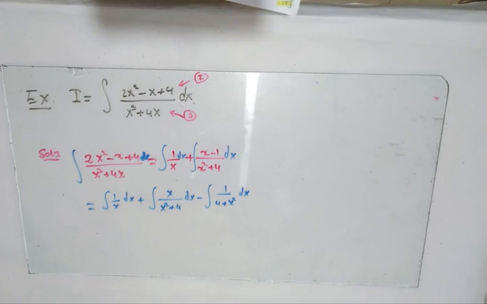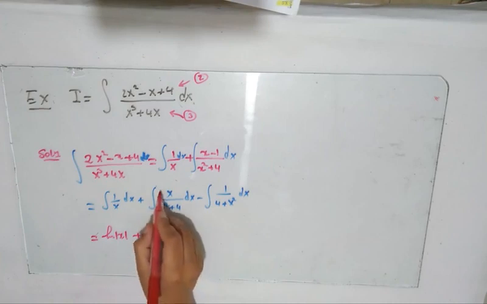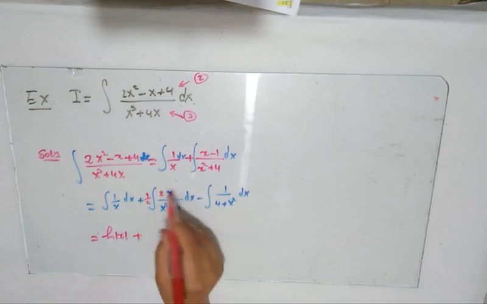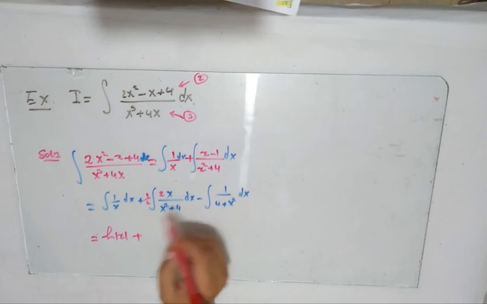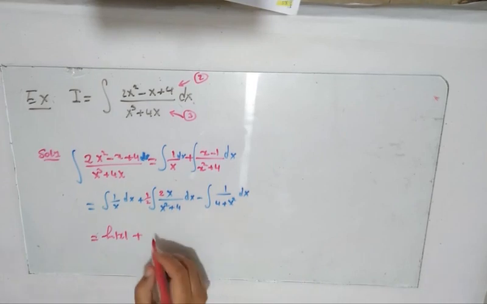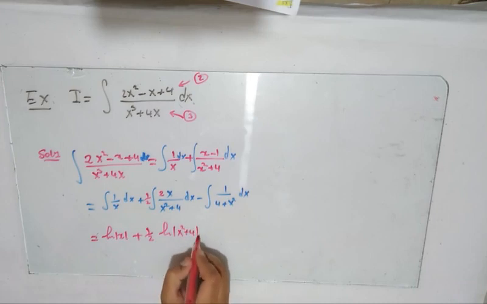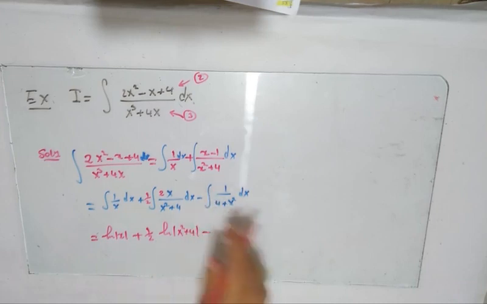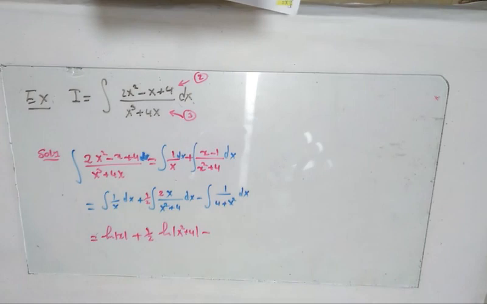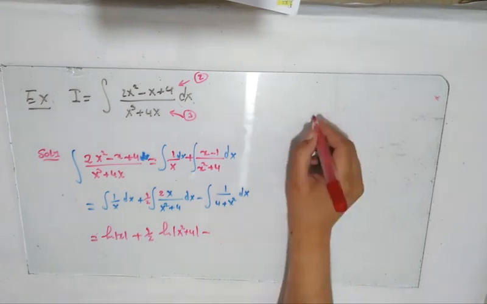Okay, so the first one is easy, this is just ln absolute value of x. For the second one here you need a 2 and a half such that the numerator becomes the differentiation of the denominator, so you will have half times ln of the denominator, and